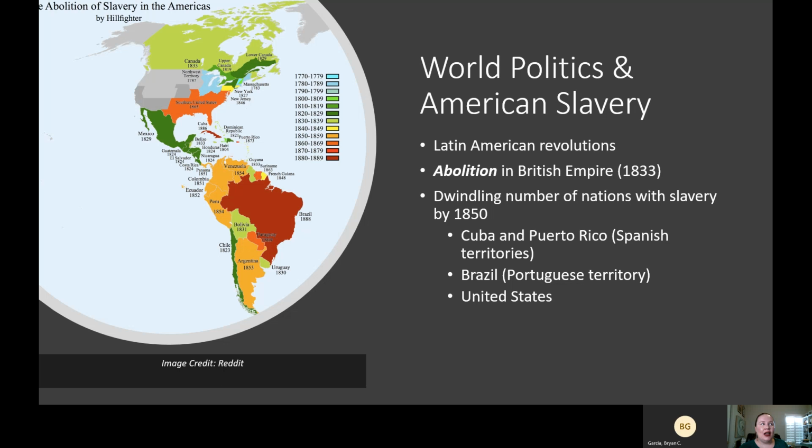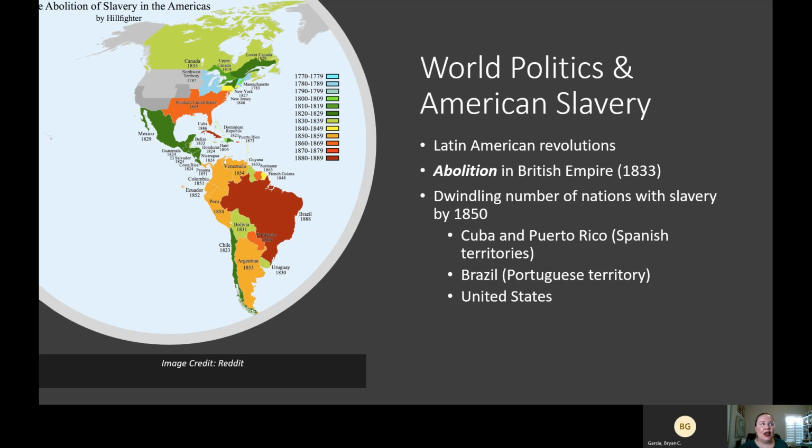The other thing, so we have lots of new nations ditching the institution of slavery, and then the other thing is the British also ditched slavery. Abolition is introduced in Parliament in 1833, and by 1838, there's no more legal slavery, not only at home in Britain, but throughout the entire British Empire. And abolition by the British actually introduced the notion that, okay, we're going to get rid of slavery, but we'll compensate slave owners for the loss of their property.